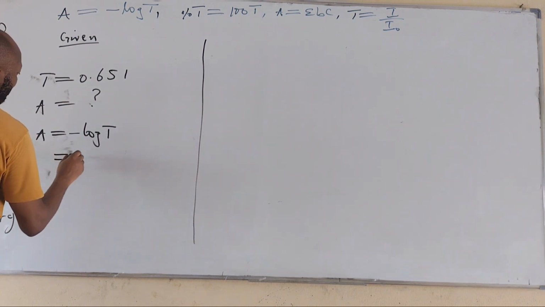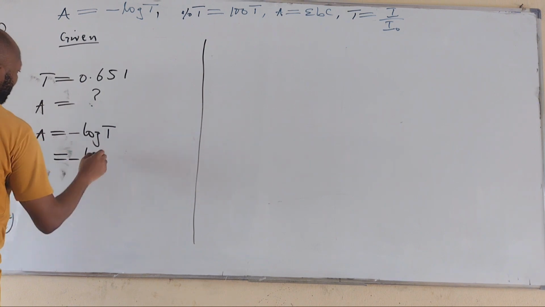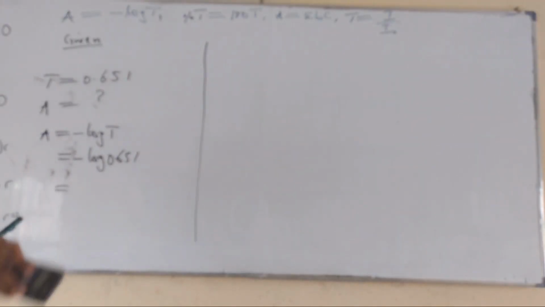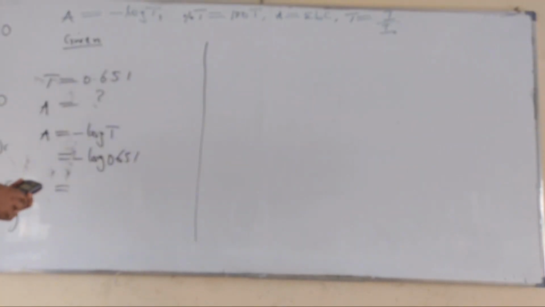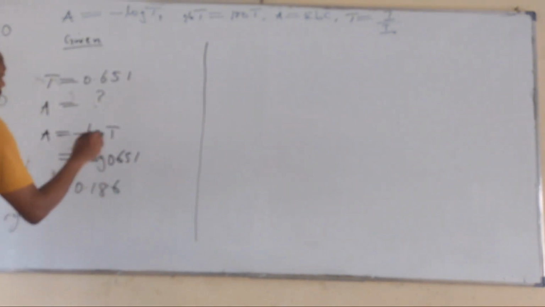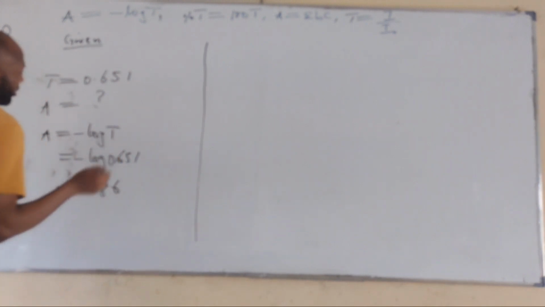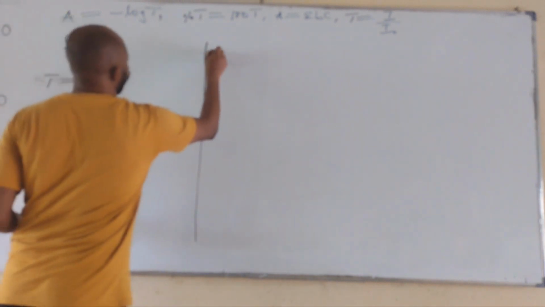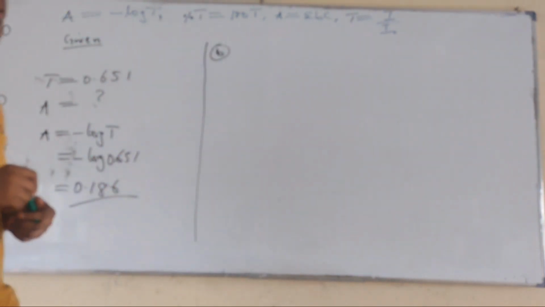So this is equal to negative log of 0.651, which is equal to 0.186. Okay, that's it. B, the B question says we should calculate,